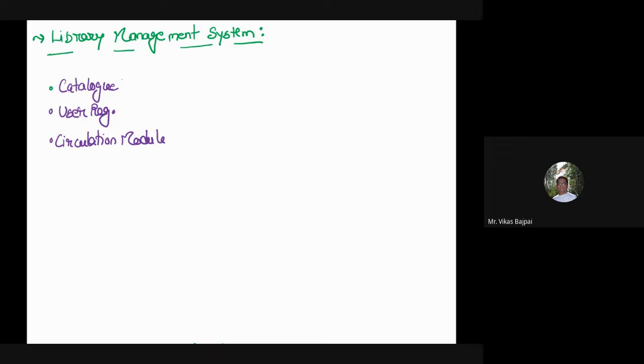And which book is issued, or how many books a particular user has, what all books a particular user has. Those things will be in the circulation module. Or we can also have, let's say,